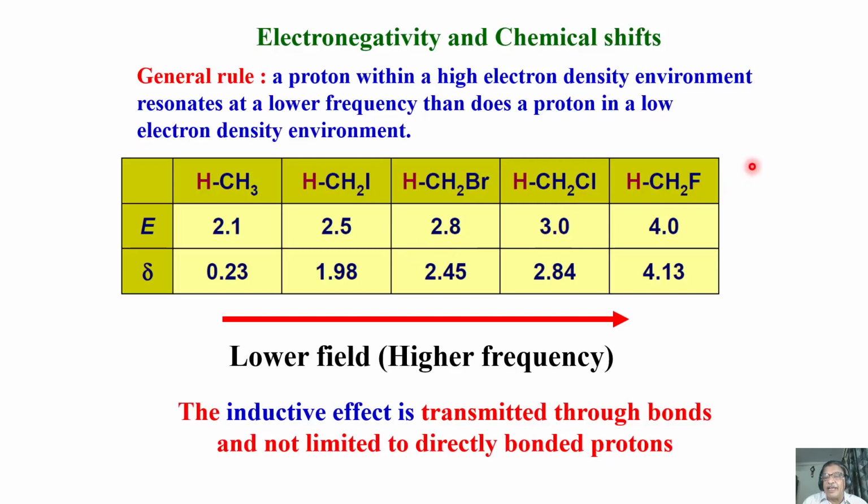Lastly, you can take fluorine, which is the most electronegative. Remove chlorine and put fluorine, making it CH3F. Look at the chemical shift. It moved to 4.13 ppm. Starting without any electronegative substituent, the methane chemical shift was 0.23 ppm. As a function of substitution by different electronegative atoms, iodine, bromine, chlorine and fluorine, there is a steady change in the chemical shift towards downfield, finally ending at 4.13 ppm for CH3F.